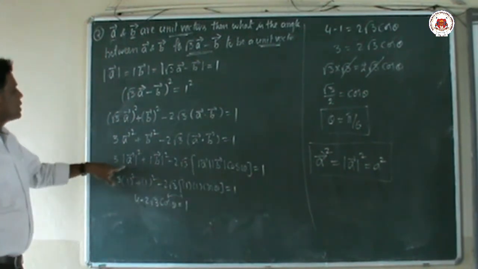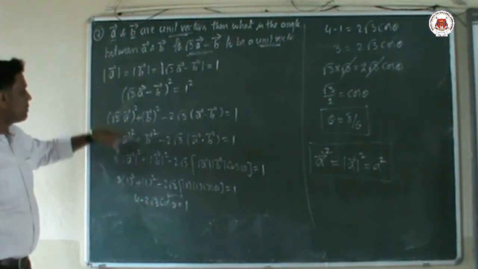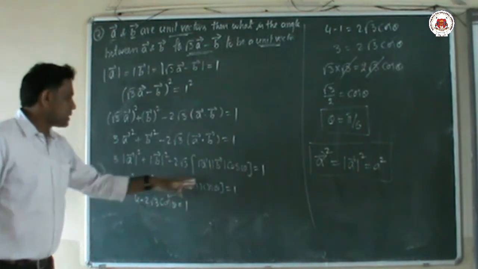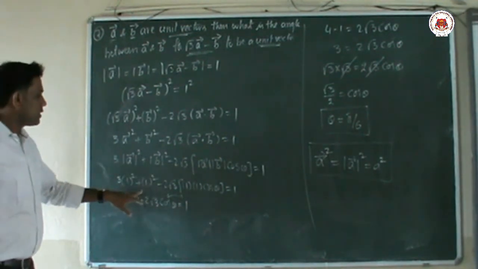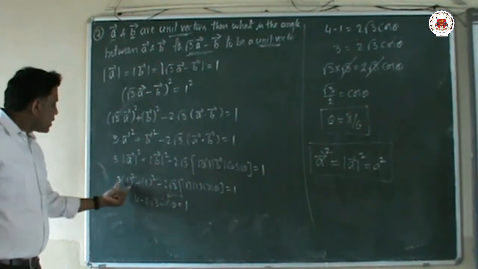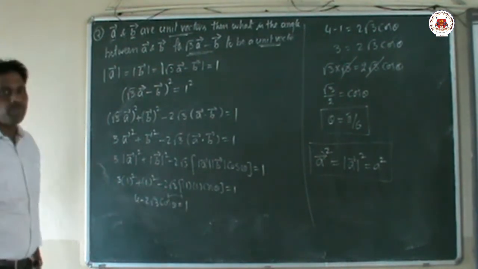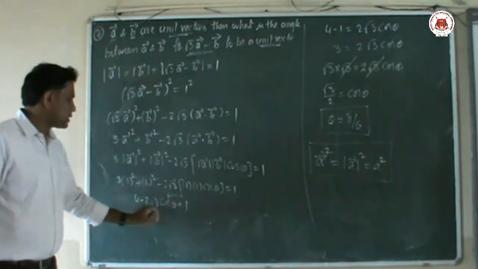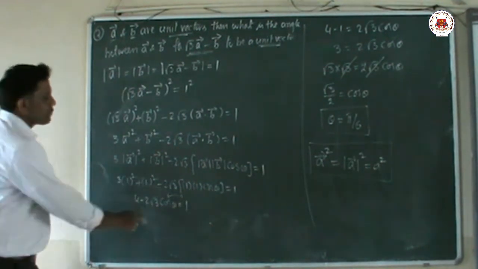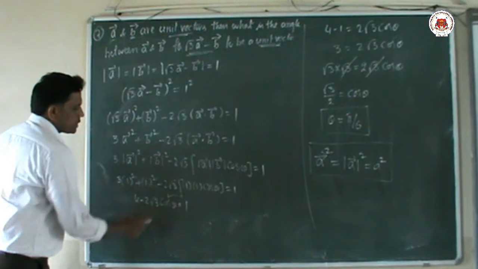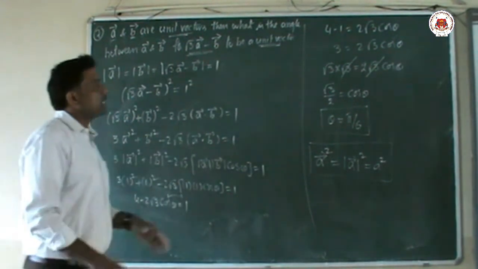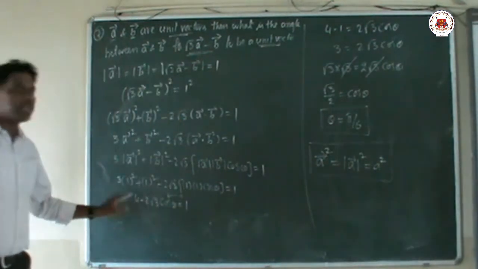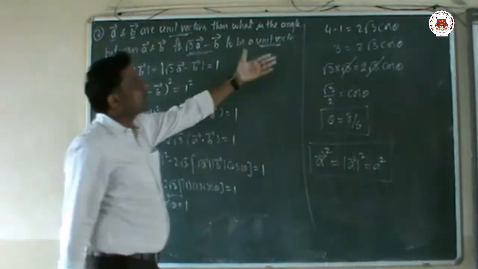Now I am going to put these values. Mod a value is 1, mod b value is 1. Everywhere I substituted their values. 1 square means 1, 1 root 3 is root 3. 1 square means 1. Here 3 ones are 3, 3 plus 1 is nothing but 4. 1 into 1, 1 into cos theta. So interchanging both values. This negative term I am sending this side, plus 1 I am bringing this side. So if you send plus 1 this side, 4 minus 1, 4 minus 1 is nothing but 3.